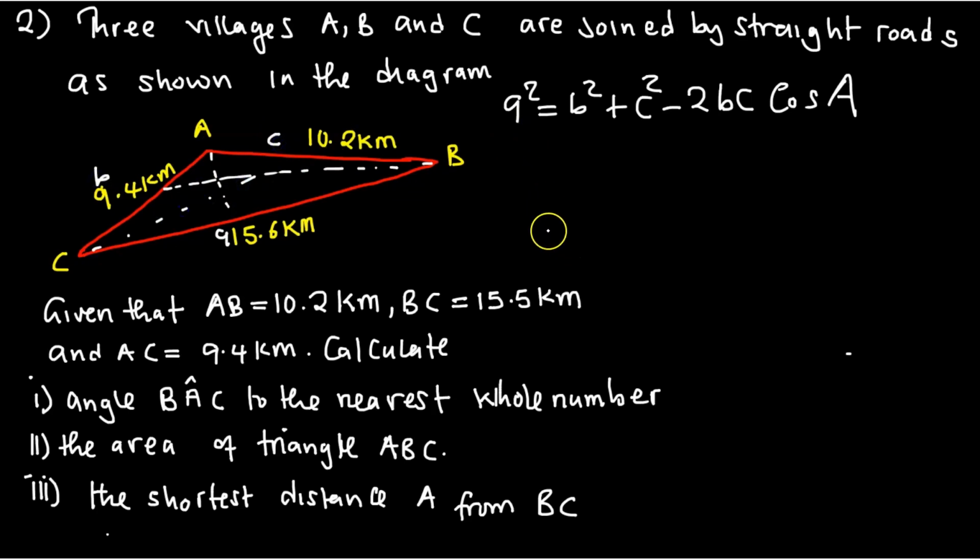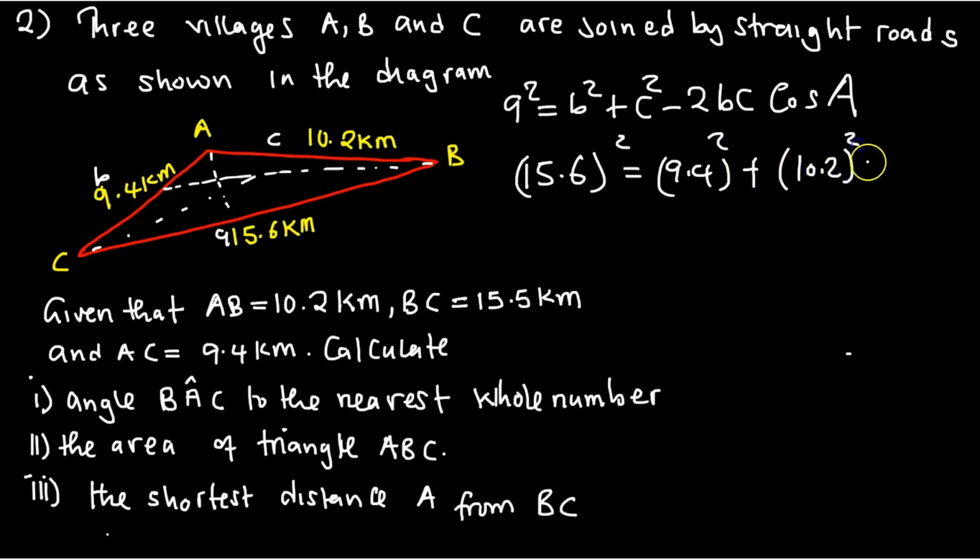So let us replace. In the case where you are asked to find the angle using cosine, just know that all three sides are given. When the three sides are given, mostly the first question is finding the angle. So let us look at this one. What is our a? Our a is 15.6 square, equal to our b, 9.4 square, plus our c,